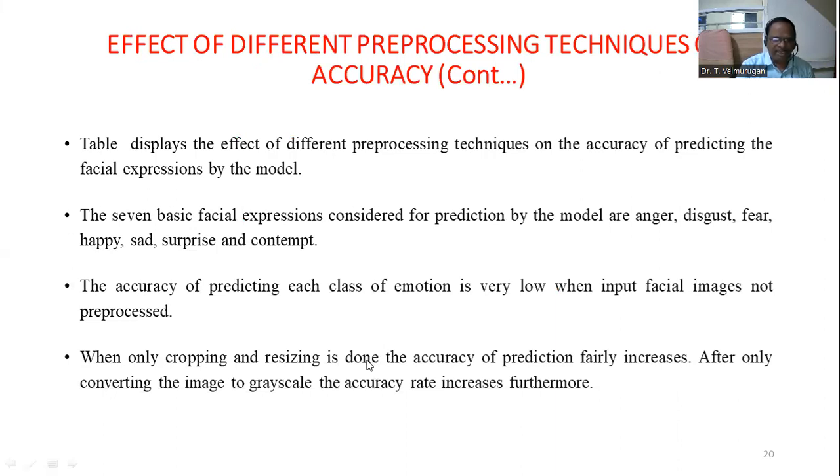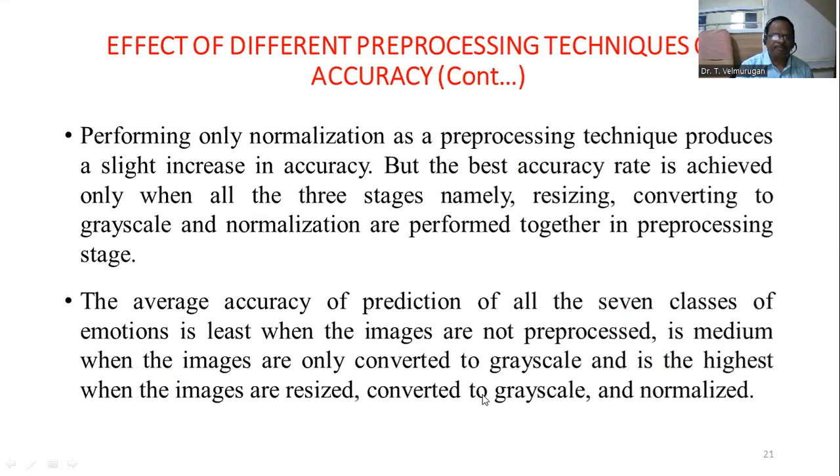Only when cropping and resizing is done, the accuracy of prediction fairly increases. After converting the image to grayscale, the accuracy rate increases further. Performing only normalization as a pre-processing technique gives a slight increase in accuracy. But the best accuracy rate is achieved only when all the 3 stages, namely resizing, conversion, and normalization are performed